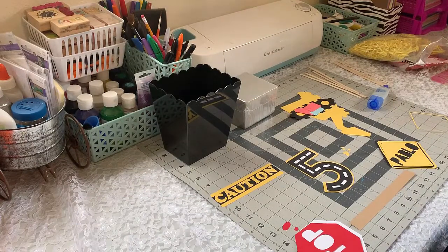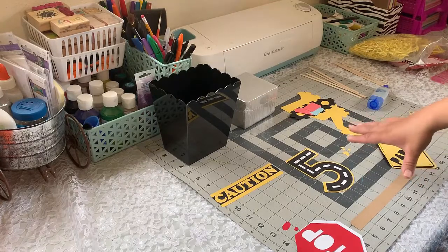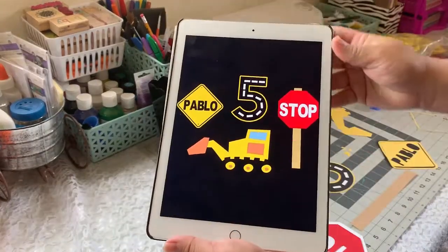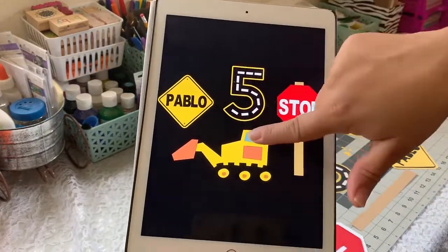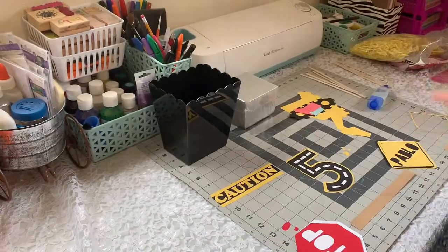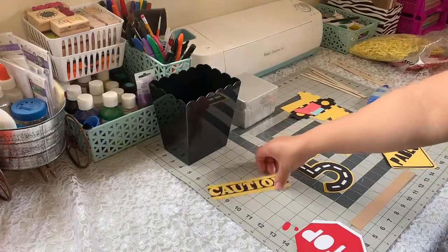In today's video I'll be doing a construction themed centerpiece, and these are the cutouts that I'll be using, and this is how they're going to look after I glue them. So I'm using this bulldozer number 5 and these two signs. I'm also using this caution sign,